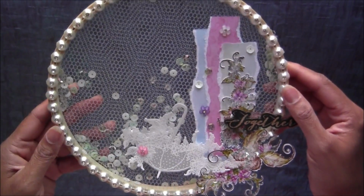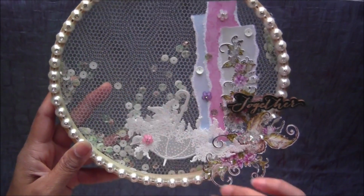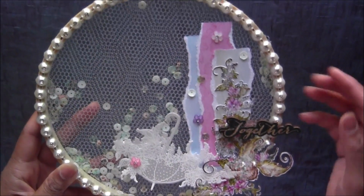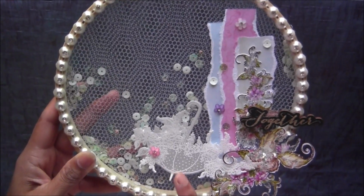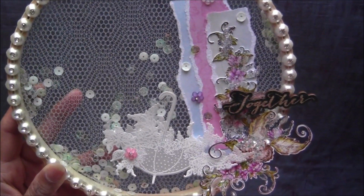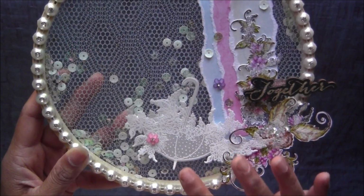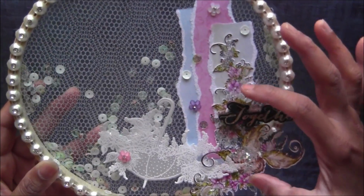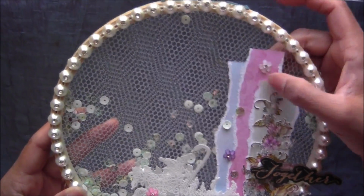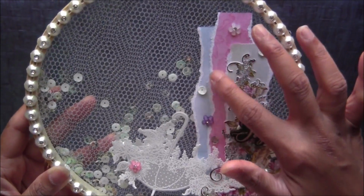I didn't use many elements here since I wanted to focus on the shaker part, along with a couple of really beautiful die cuts by Heartfelt Creations. I have shown you before, and I am in love with this umbrella. It's so pretty, so delicate, and super shabby. I really don't want to use many flowers or anything underneath, since I just want to show this one only. I have used a couple more die cuts from the same collection, and this paper is from the Sweet Peony collection. I have used a sentiment from my stash, and some sequins here also,